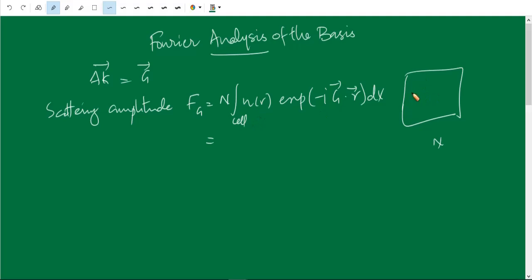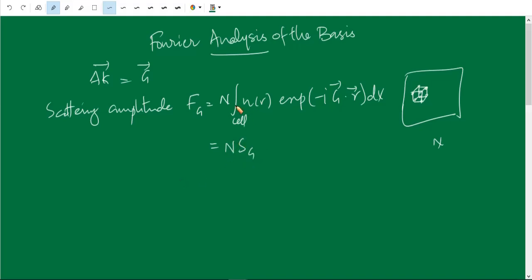So there are large number of cells. So this is a particular cell in the crystal. A cell may contain number of atoms, number of atoms in different positions. So there is a crystal and there are large number of cells in the crystal. Each cell may contain number of atoms. So we can write this thing as n times